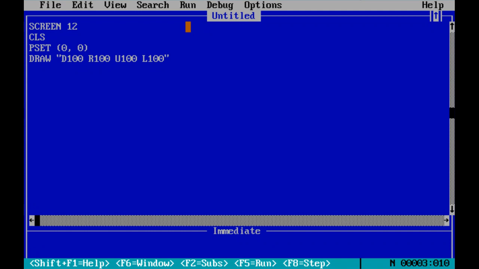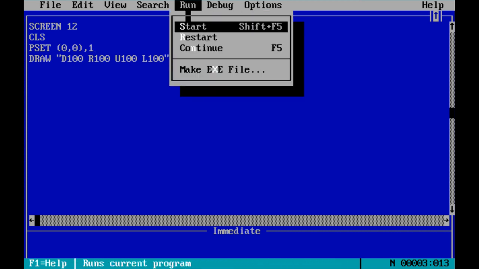You can also mention the color along with the pset command. For example, we have learned about the different colors. So 1 for blue. Click on run command, start. So we have drawn our square with blue color.